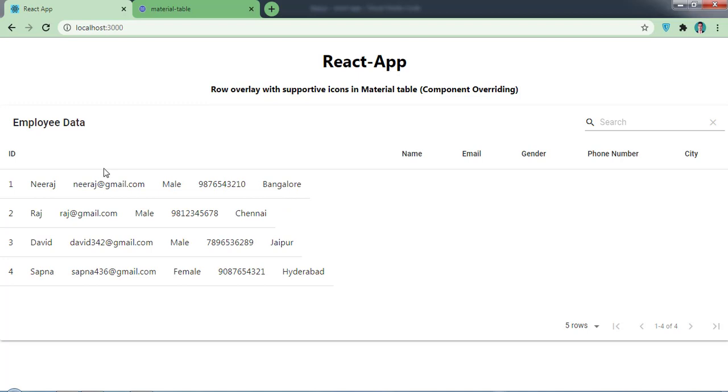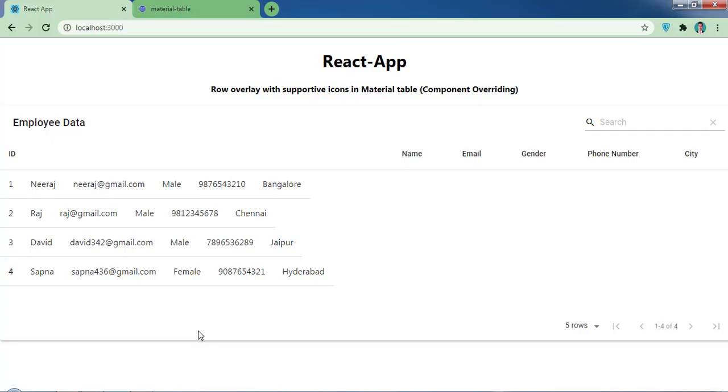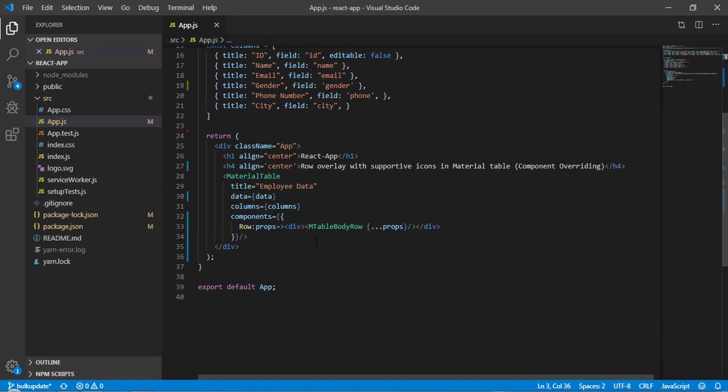So as you can see here we are getting our data, but our styling is not proper. So now let's add a border to our outer div. So here let's come to VS Code, and to this div we will add a style, and inside this we will provide border color, okay.